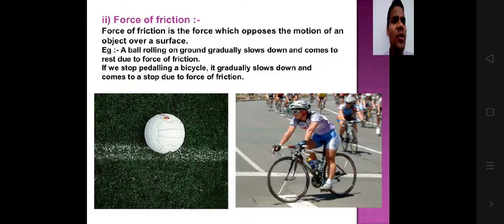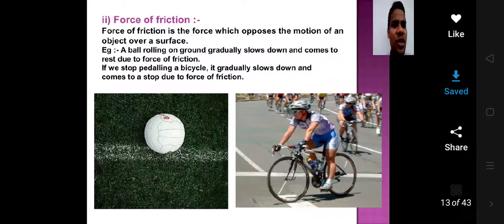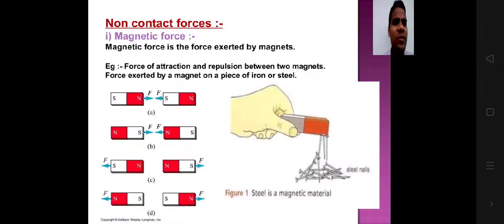So friction always opposes the motion of an object. If you're trying to move an object towards the right, friction will act towards the left so that it will slow down. Friction depends on many factors like smoothness of the surface, the amount of force which you are applying, the characteristics of the surface, all those things. But right now we just have to understand that friction is the force which opposes the motion of the object. That's all. I hope I'm clear.